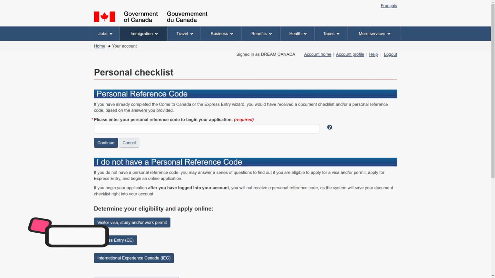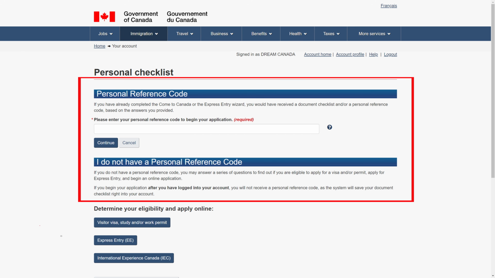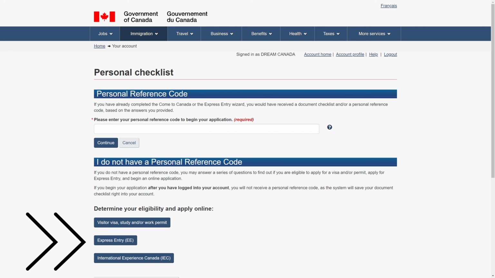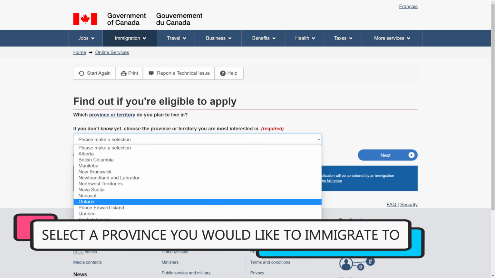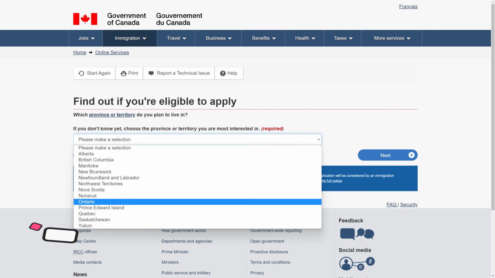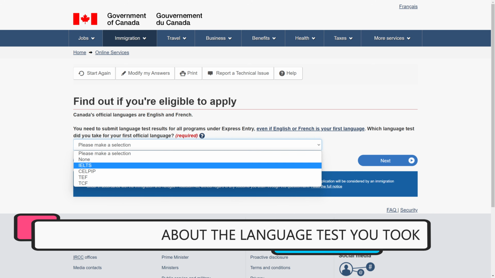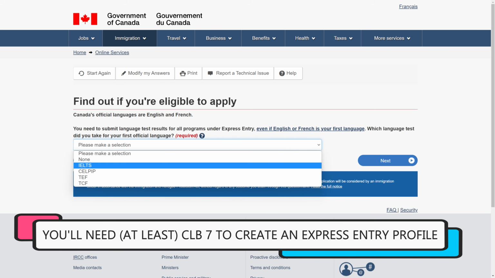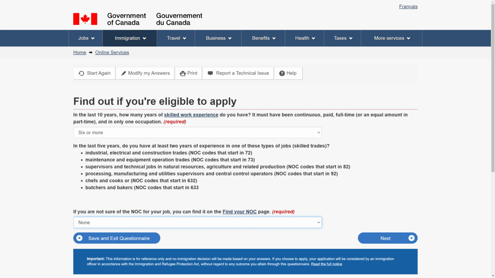The next page will be for your personal reference code, which you won't have since you've just created your account. To get one, you'll have to determine your eligibility, in this case for Express Entry, which you have to click on. You'll have to enter the province of your choice if you think you can be eligible for a PNP later on, and you'll have to enter a few basic details about your profile, such as your language test scores, for which you'll need at least CLB 7,